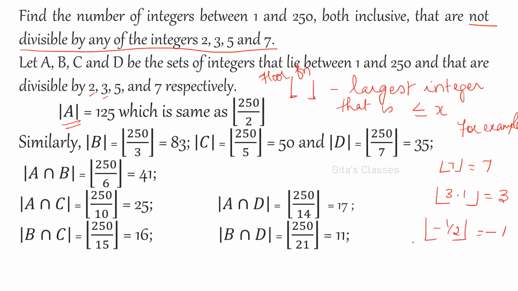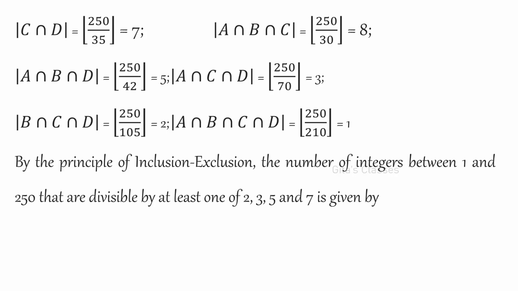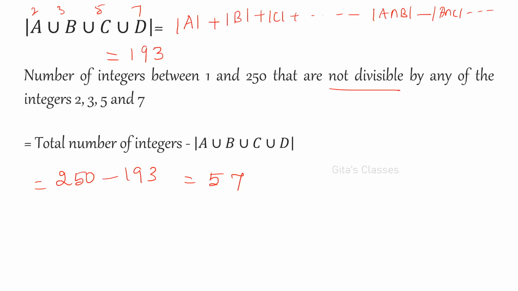And here, in the previous class I have explained what the floor function is. Here you have to consider only the floor function. You would have observed it is not just the modulus or cardinality of that number. Don't think of this as a cardinality. Cardinality of B is not the cardinality of 250 by 3, and this is not the modulus of 250 by 3. It is a floor function. You can observe there is a small line here, so this is a floor function. I have explained the floor function: you take the previous integer value, and so on. Using this, numbers divisible by 2, 3, 5, 7, you will get 193.